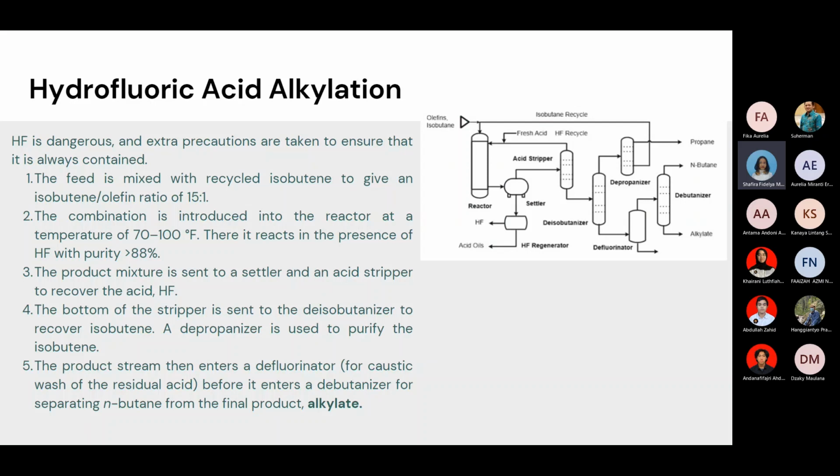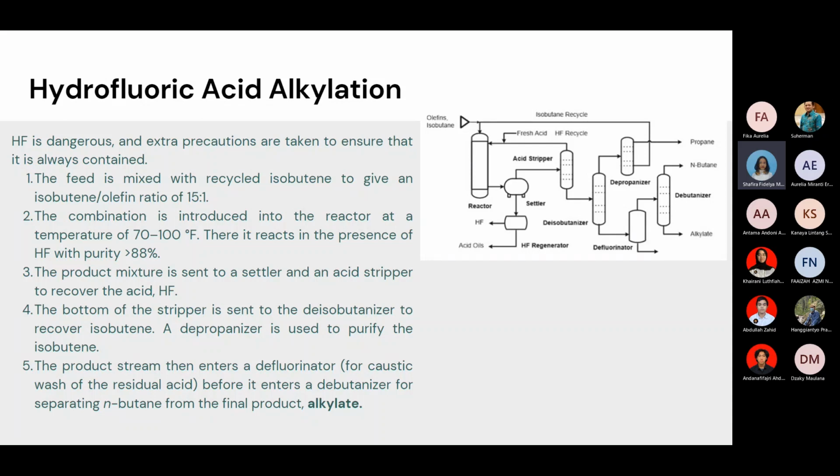Next. Now I will explain the hydrofluoric acid alkylation process. HF is dangerous, and extra precautions are taken to ensure that it is always contained. The feed is mixed with recycled isobutane to give an isobutane to olefin ratio of 15:1, and then the combination is introduced to the reactor at a temperature of 70 to 100